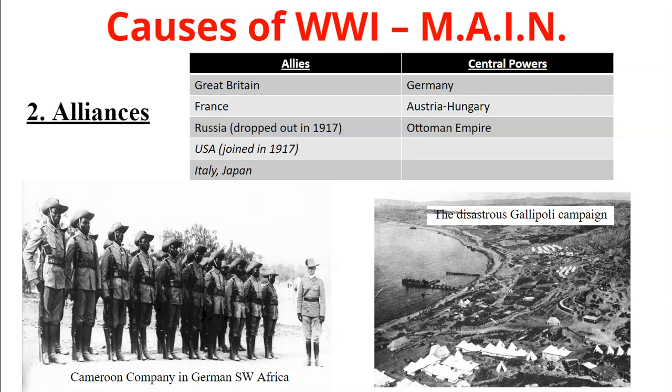I know I have a picture here about the disastrous Gallipoli campaign. Just so you know, this happens in Turkey. The Triple Entente want to weaken the Ottoman by taking control of a strait that actually gets the supplies to the Russians. The Ottoman victory was after 8 months of fighting. So the Ottomans actually did have a victory there.